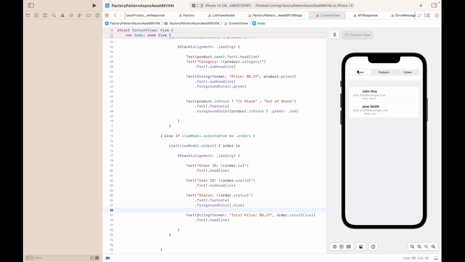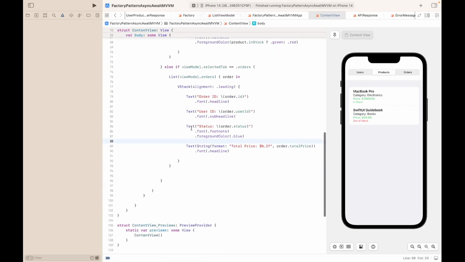So the next thing we need to do is to call the fetch data method using a task. Let me just click on orders to make sure that it's been populated. And orders being populated as well, which is good. So to make it work, so that when the user starts the application, users is automatically populated for that list, what we need to do is